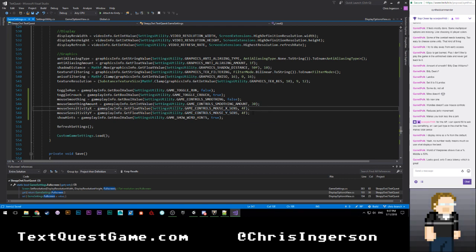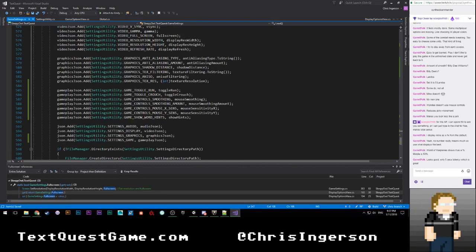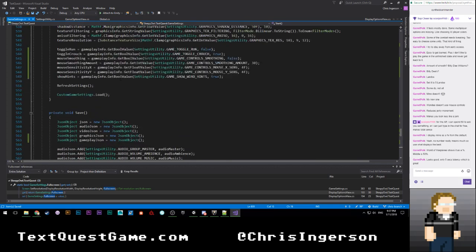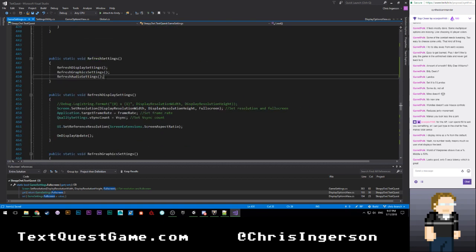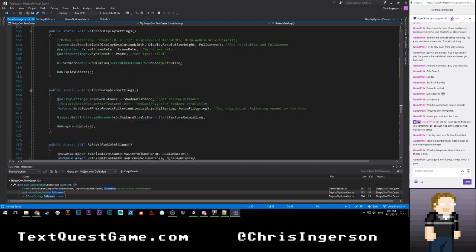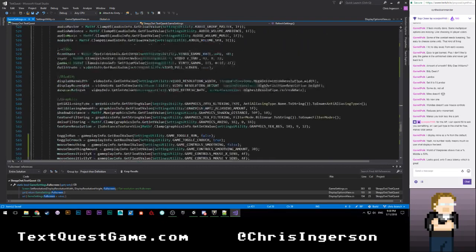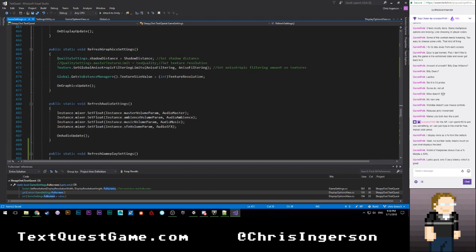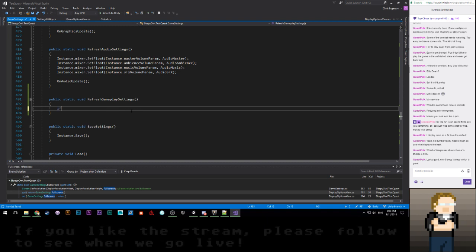And that should be all that we need to do as far as saving goes, which means that we just need to get down here to refresh settings, which, give me a second here, is also going to go ahead and call refresh gameplay settings. And what am I going to do with that, really? So here's the problem. I don't really have a good way of refreshing this. I guess we'll have to say if